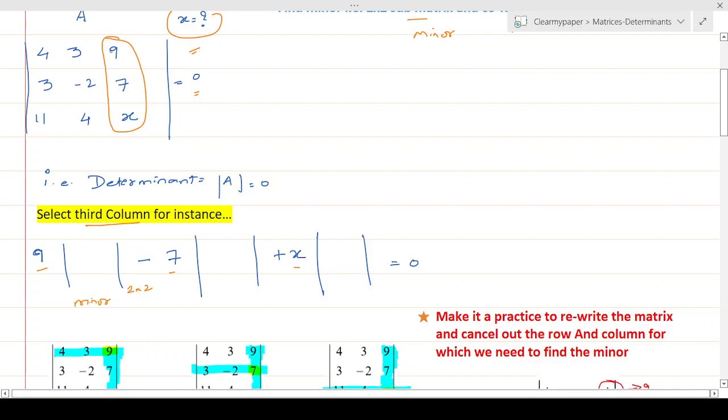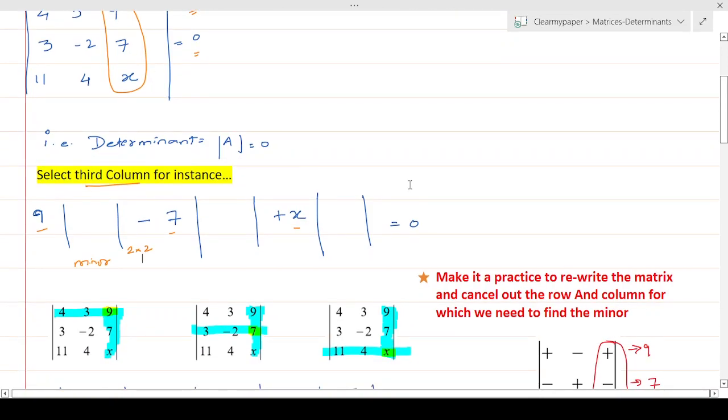row in which this 9 appears and excluding the column in which the 9 appears, which is what I've written here. Over here, I've written the matrix, and I've highlighted these 3 elements, which are the scalar multiplication of the elements of the third row, in green color. And I have highlighted the row and the column of the element that we want to exclude, so that we don't have to take that while we form this submatrix.